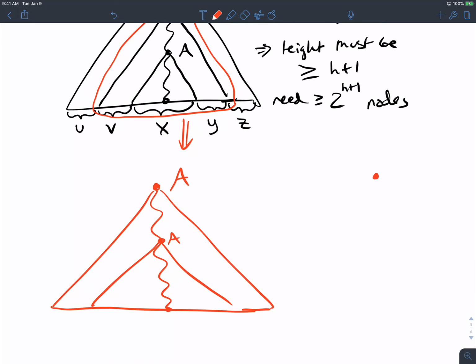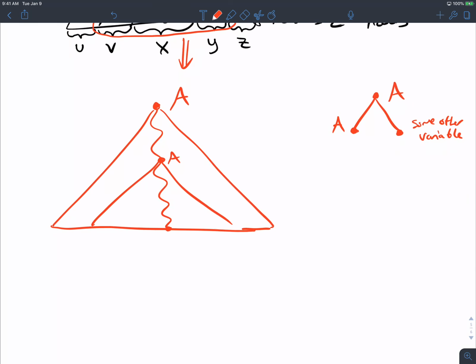Let's see what happens then. If we have that simple case where the second occurrence of A appears right after the first one, then we have something like this. And this is some other variable that we don't care about. We're only looking at one path from the top to the bottom. What does this subtree generate? This generates something of the string, and this part generates the next part of the string.